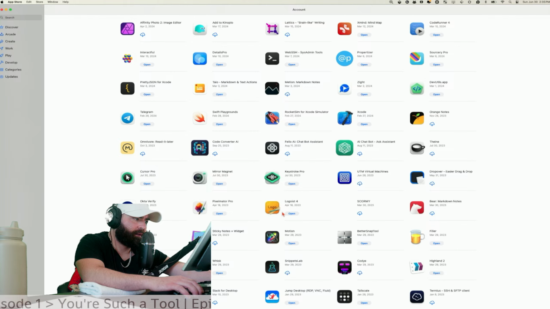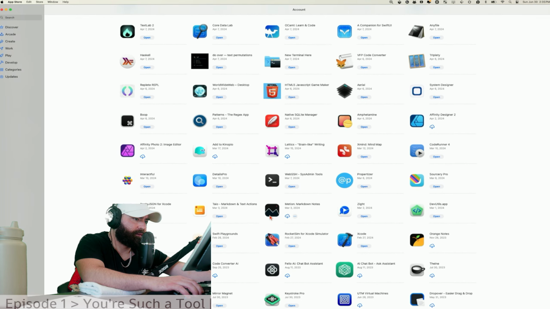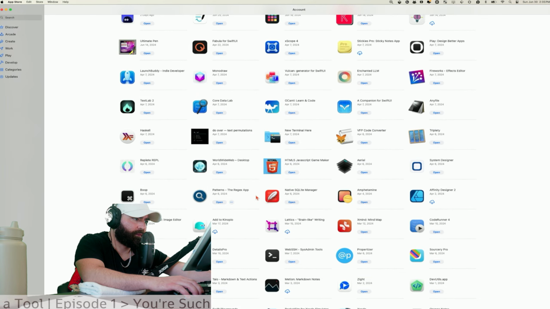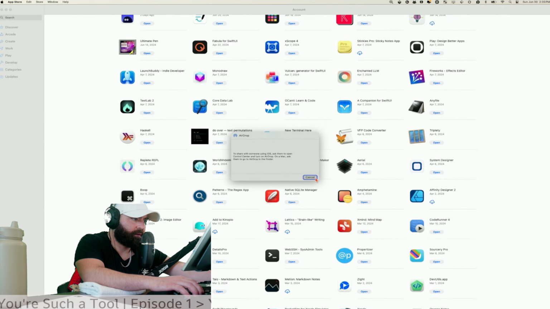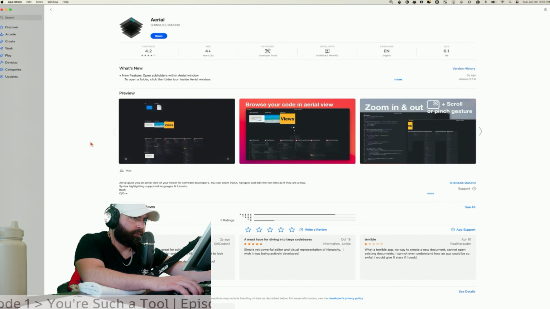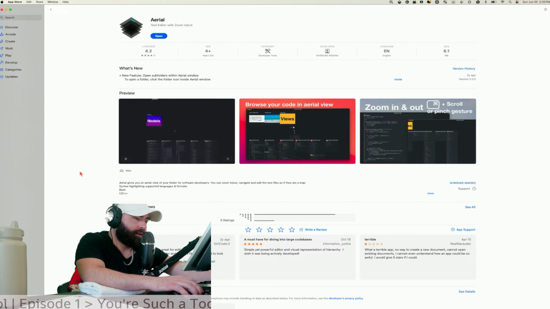Let's see. Zeit Mission. Ooh, okay, so I do want to show you this one. Oh, not airdrop. I really wish that this was more fleshed out.